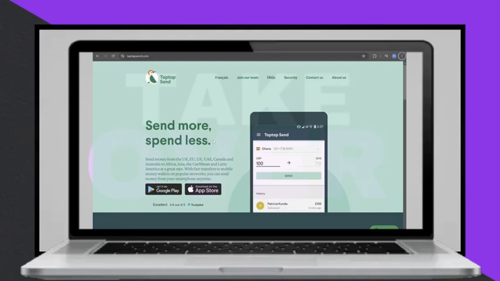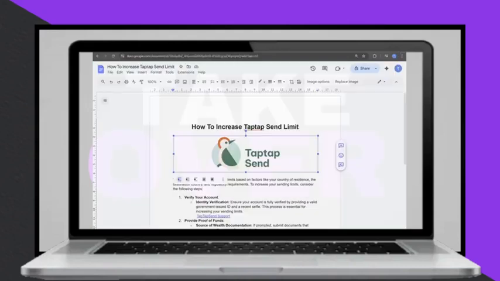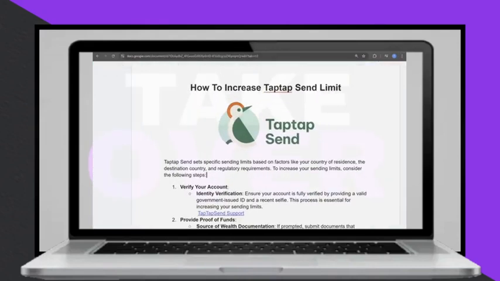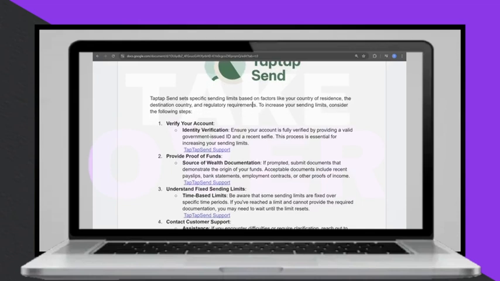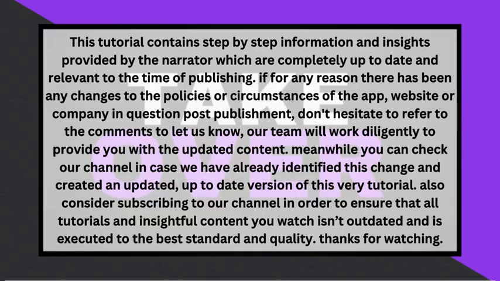To increase the sending limit, certain steps can be taken. The sending limit is specific and based on factors such as country of residence, destination country, and regulatory requirements. To begin, verifying your account is necessary, which involves confirming your identity by providing a valid government-issued ID and a